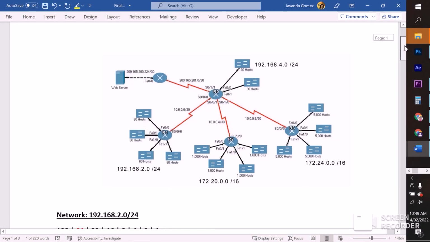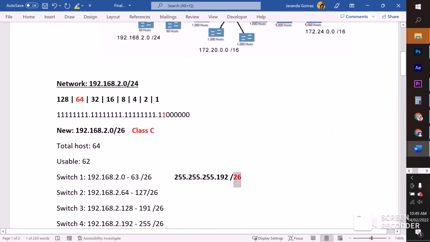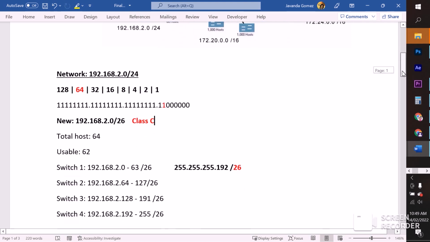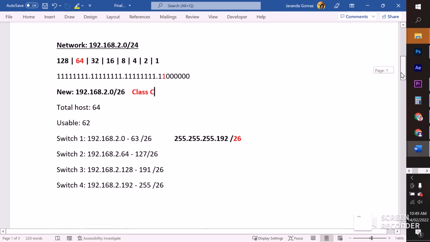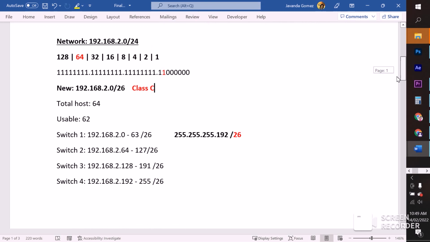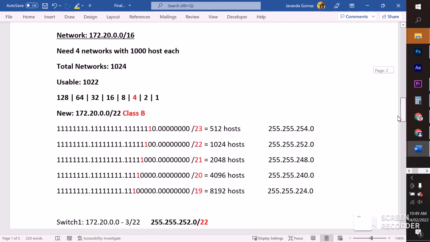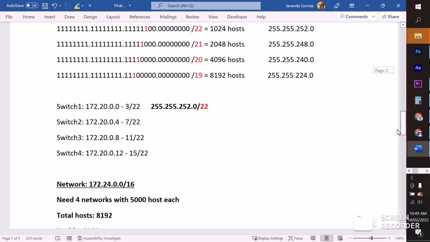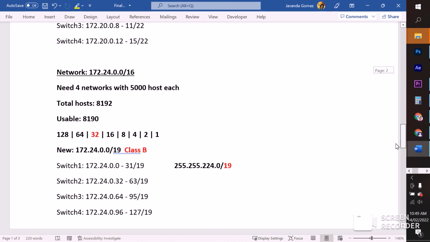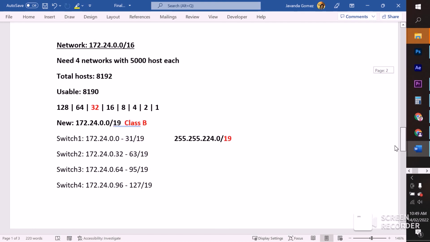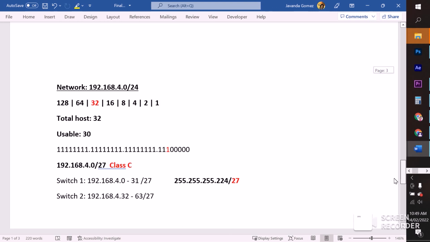I went ahead and fixed up the document to include the classes and just fix up some little errors that I would have made. So this is the first network, router 1. This is the second network, router 2. This is the third network, router 3. And the fourth network,